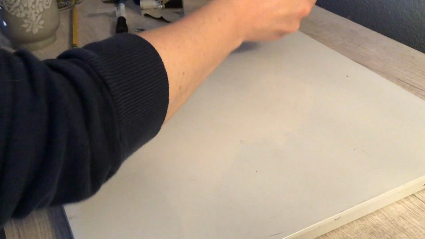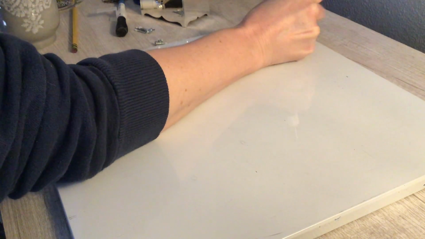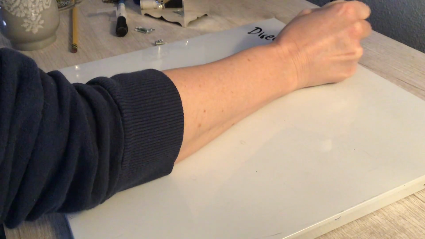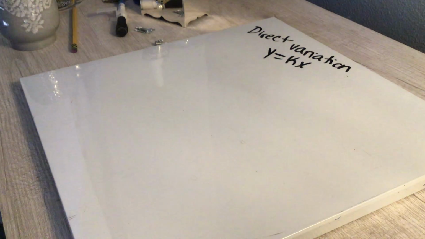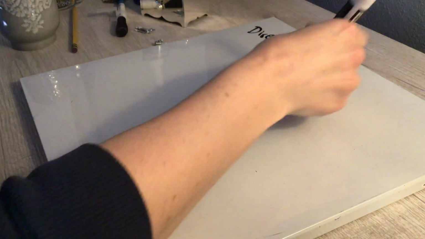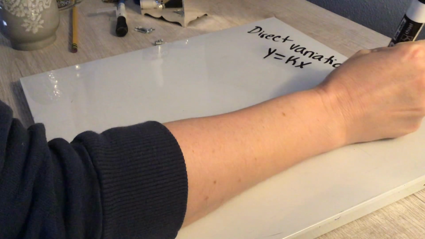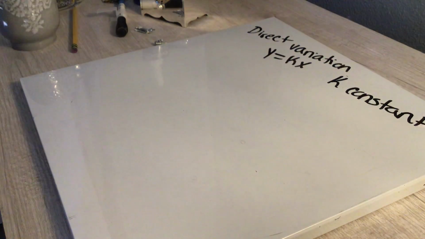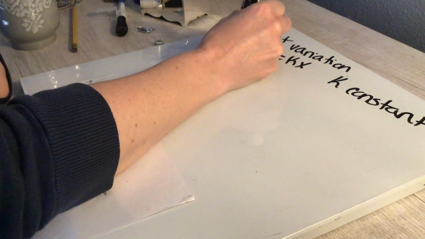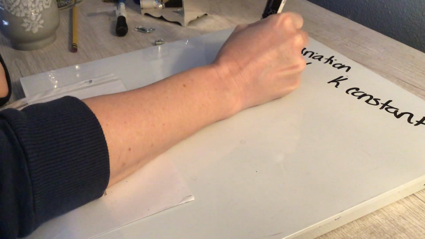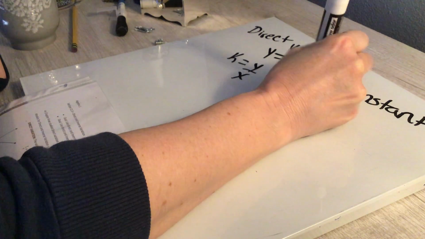then we can write an equation that says y equals k times x for all x and y in the relationship, okay? K is the constant of variation. And then to find k, k would equal y divided by x for all x and y in your relationship. And k can't equal 0